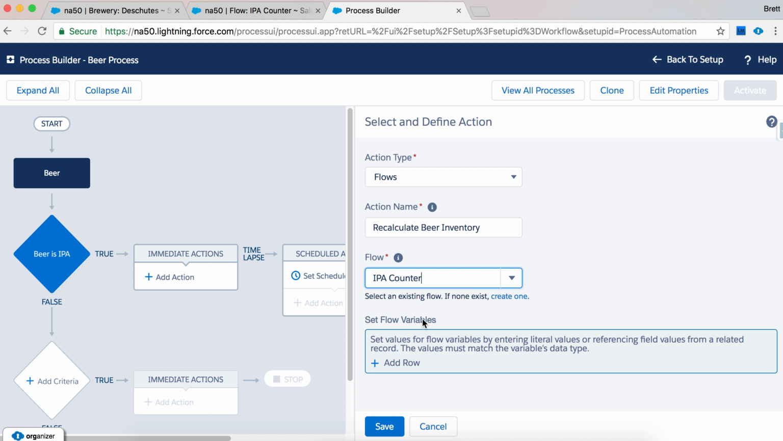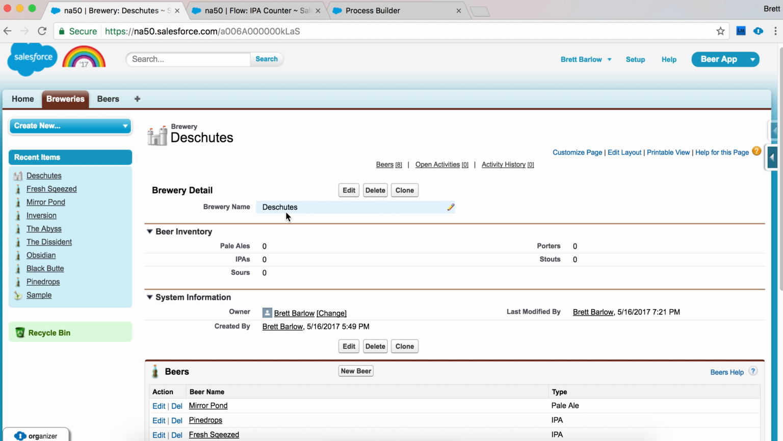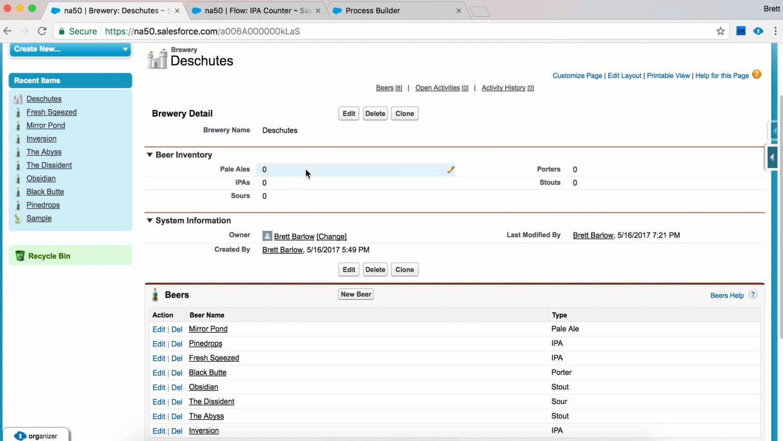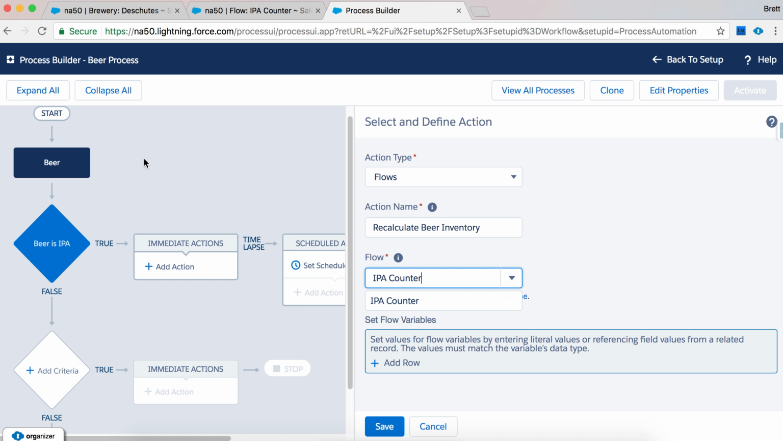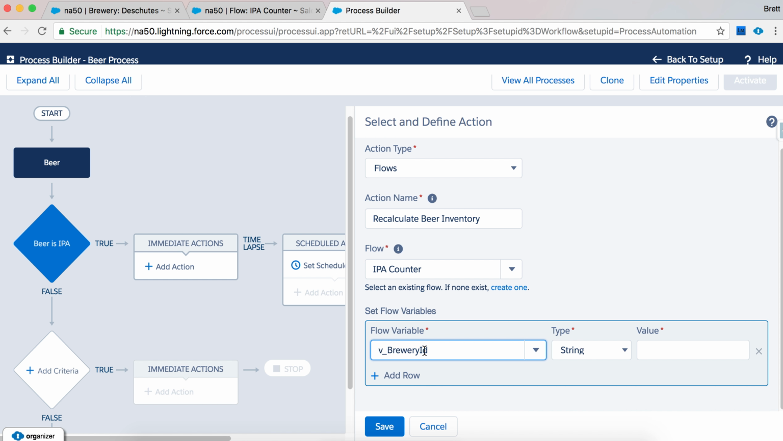So again, remember back from the previous video, we start on our brewery record and we want to get the record's ID, the actual 18 character ID instead of just that 15, but we want to get that ID into the flow so that it can only get beers from this brewery, and that's where we do that here. This record's edited, or the beer's edited, it comes through the process, yeah, it's an IPA. And so we're going to go into our IPA counter and we're going to set the brewery ID variable that we have there,